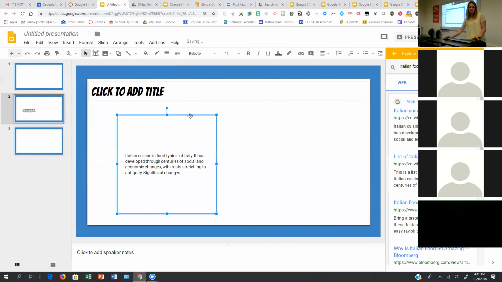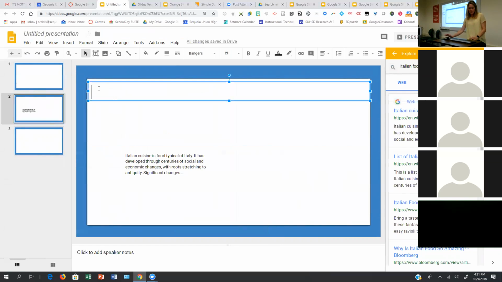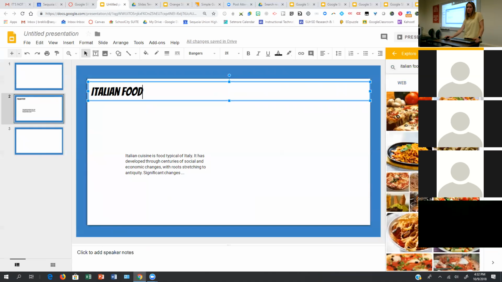I just pasted the text in there and I'm not even changing the format or the font or anything. In the title, I'm going to put Italian food. Okay, then I'm going to go to images, where then I still have the search there. So I pulled some information, then I can go to images.